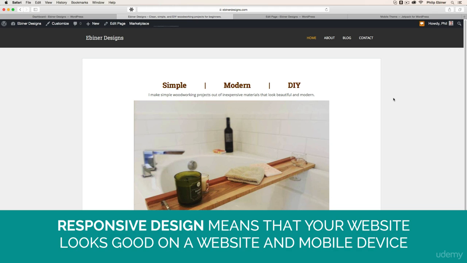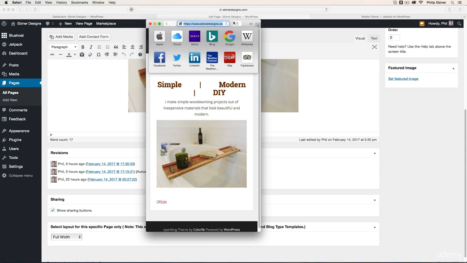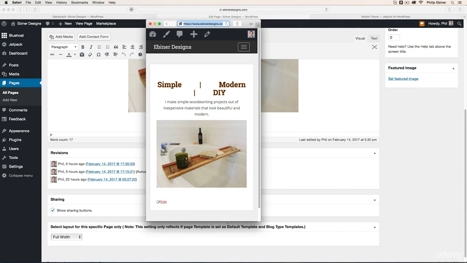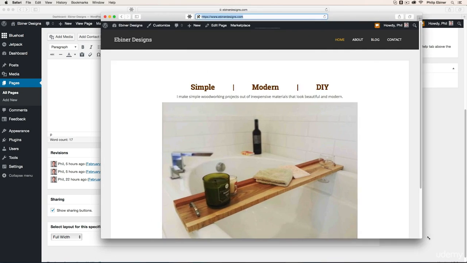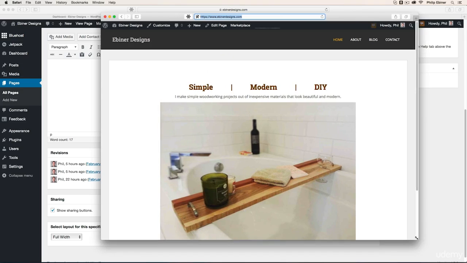responsive design. Responsive design means that your website looks good both on a browser, but also a mobile device. One way you can look and see how your website looks on a mobile device is by looking at it on your phone, if you have a smartphone, or by opening up your website in a new tab and making the browser small. You can see already some weird things happening with the titles that we created in the mobile version. Most modern themes are created so that they're responsive, meaning when you increase or decrease the size of the browser or whatever viewer you're looking at your website on, it changes the design.